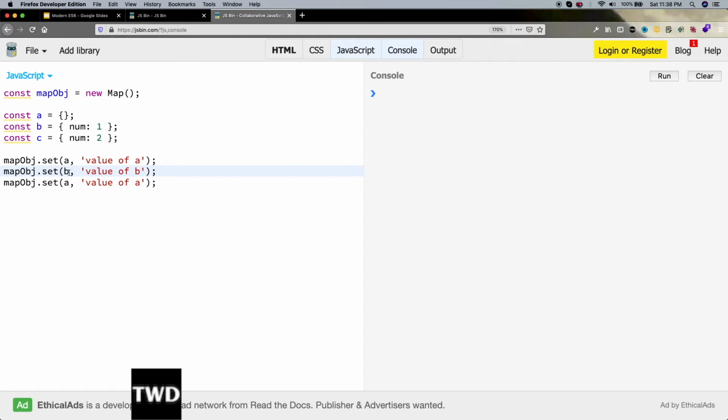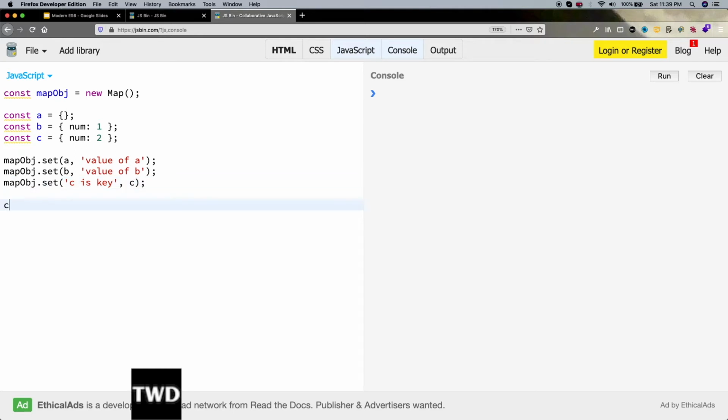So see, the key is this whole thing, and the value is this. So a key can be an object also in a map, and it can be vice versa also. I will show that. C is key, and we will use the C here. This is just a string. This string is the key, and this is the value.